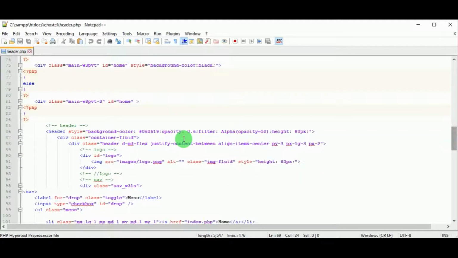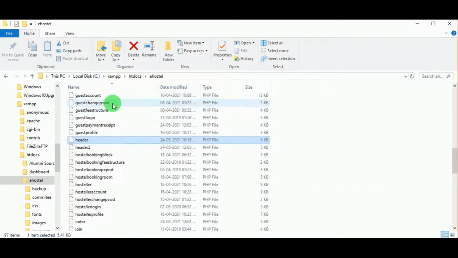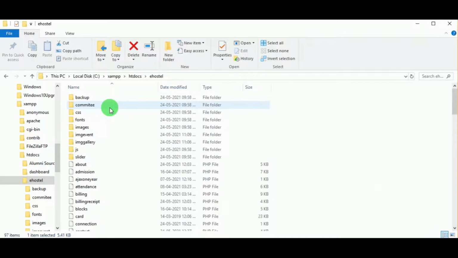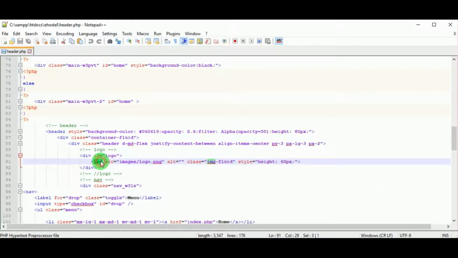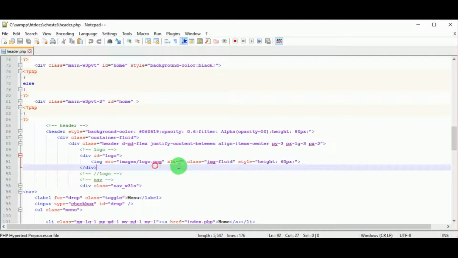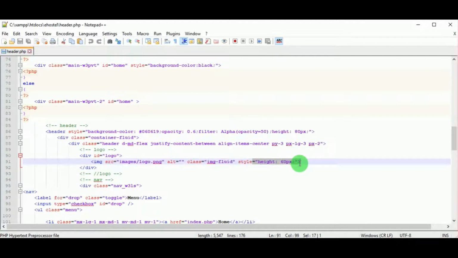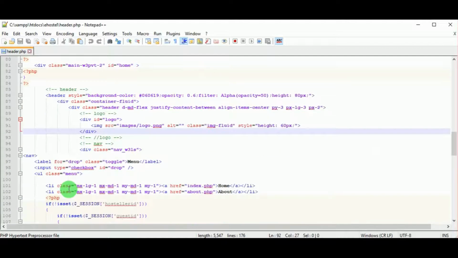Now we will see the logo. So how is the logo added? Using ID equal to logo and the image tag, where a folder images is used, that is the path of the logo image where it is stored. In the folder images you can see the logo.png file, which is the image used as the logo, and img is the tag name, src means source, that is, the path must be mentioned here, and you can also set the height and width of the image under style. So this is how we set the logo. You can also change the image.